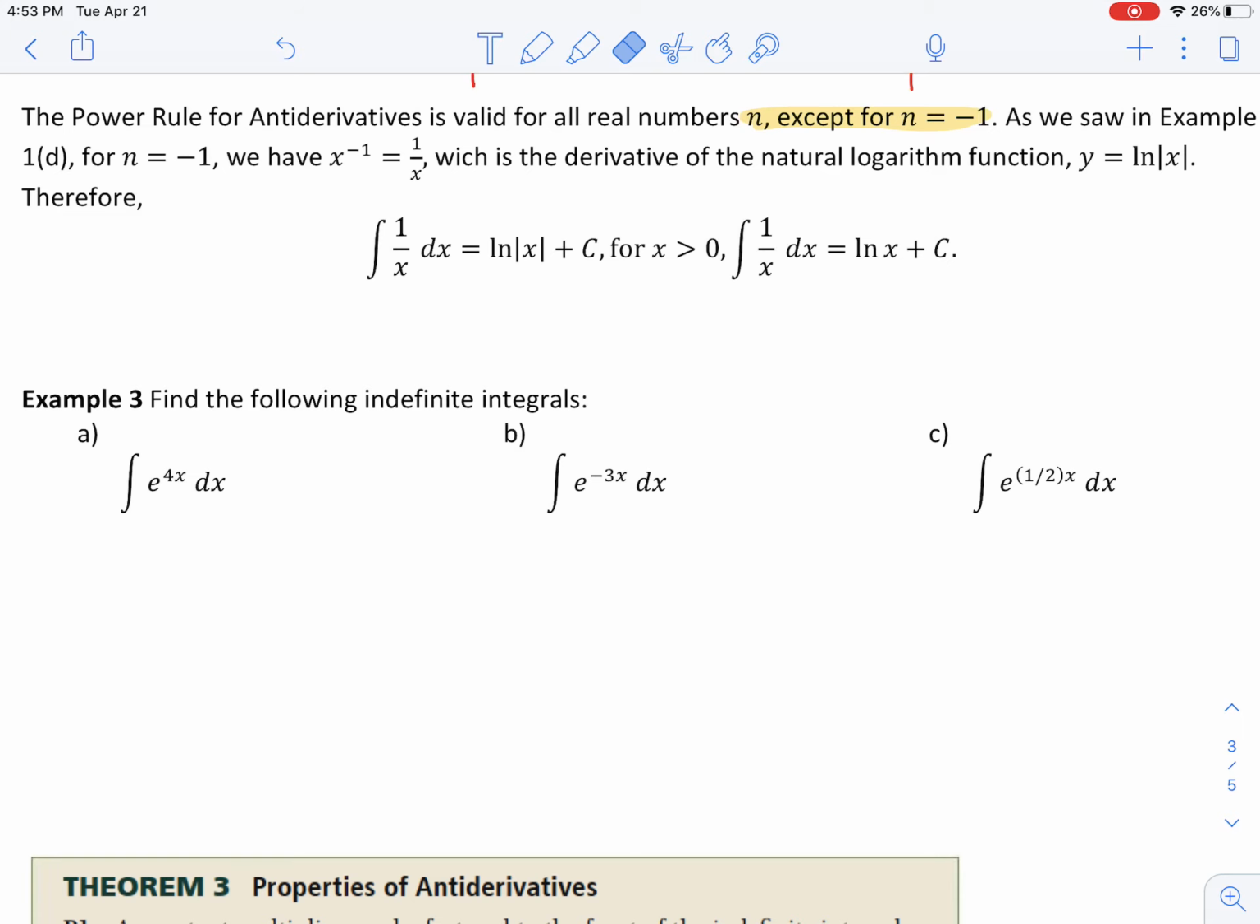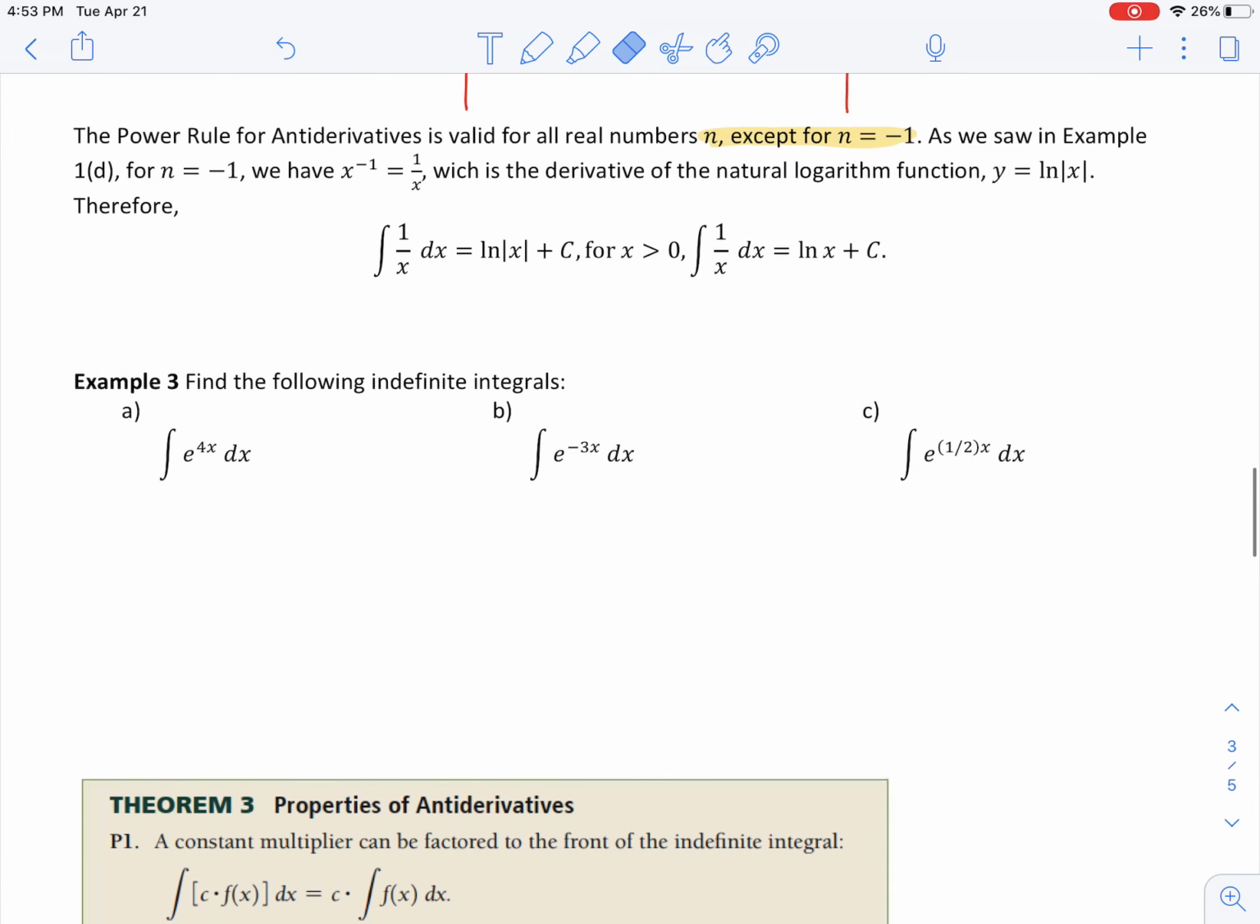What is this mess? Can you divide by 0 in math? No. So that's why if the exponent is 0, this rule does not apply. Unfortunately, the power rule will apply for every real number n except for n equals negative 1. As we saw in example 1D though, if n is negative 1, we can write that as 1 over x,